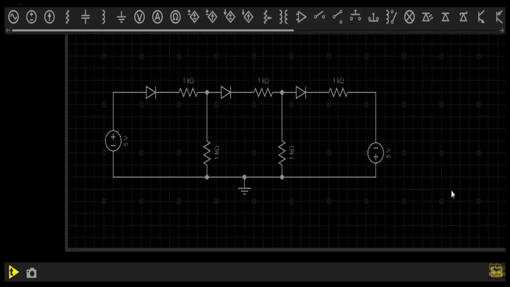Now let me run the simulation of the circuit. Here you will see there will be a small discrepancy between our calculated and the simulated result, because in this circuit the simulator has assumed built-in potential of the diodes equal to 0.75 volt. So that difference in built-in potential will cause a small difference in the calculated result and the simulated result.